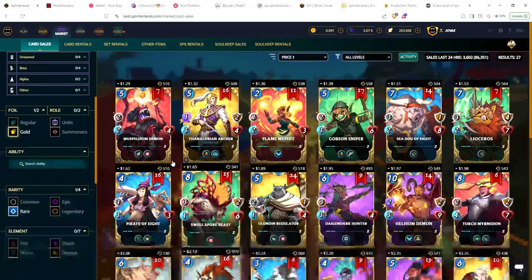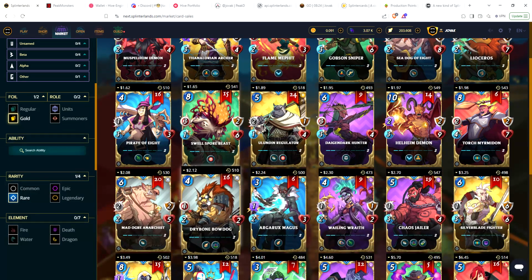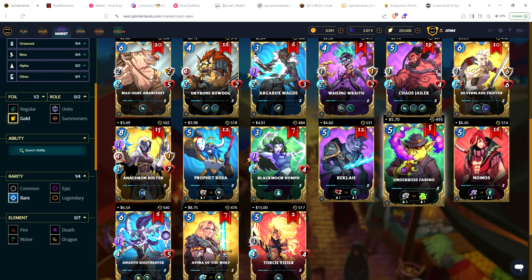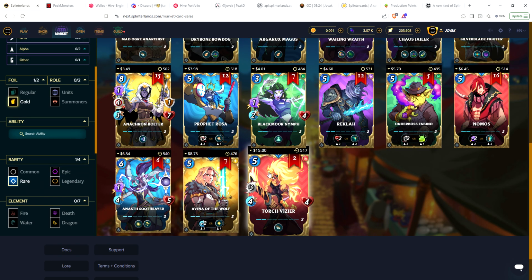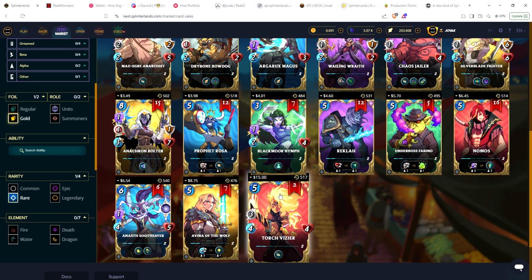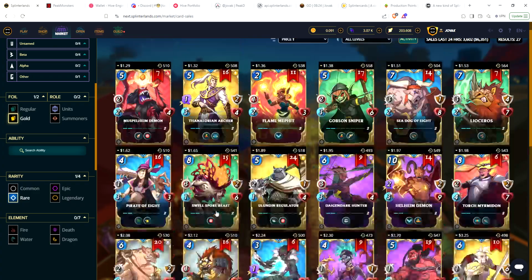For your gold rares, just above $1.25 for most of them, in the $1.50 to $2 range. Then you're looking at your summoners. So Rosa at $4 might be a good buy. Fabino under $6. Soothsayer at $6.50. Torch Vizier 15, kind of a very high price. Not sure why. Only a couple on the market. Venus sitting at $8.75, and I just noticed...